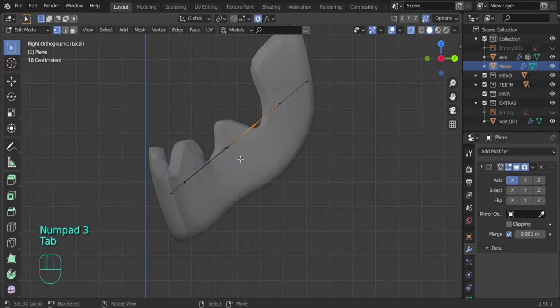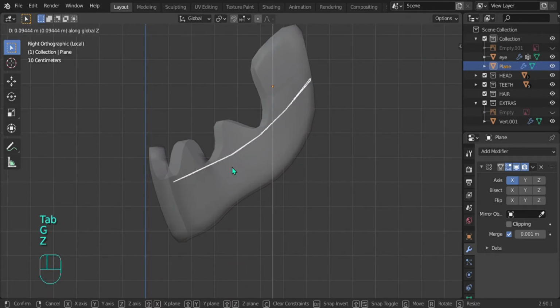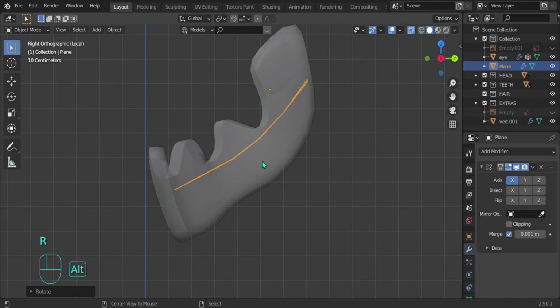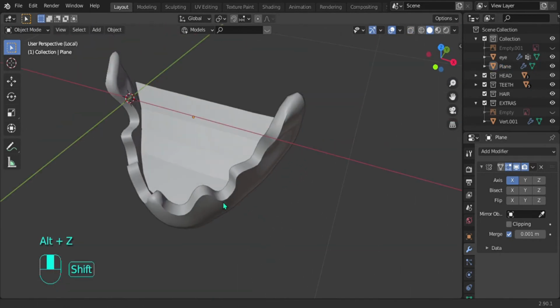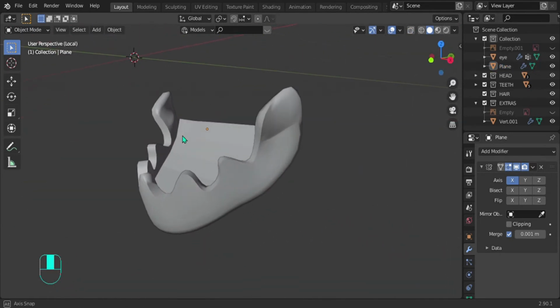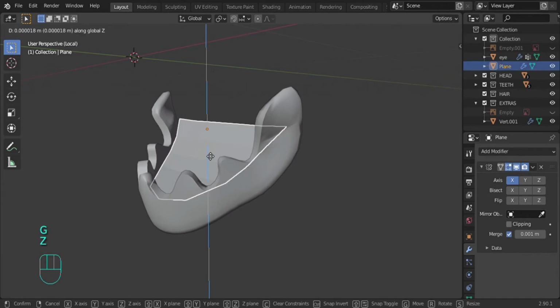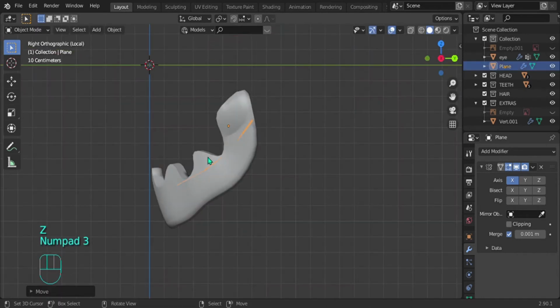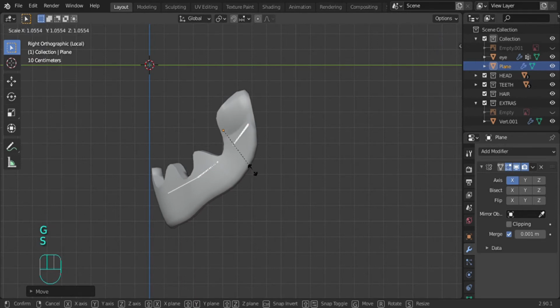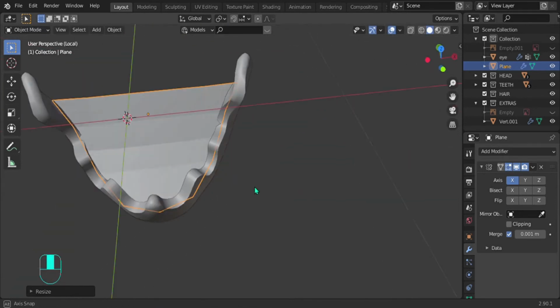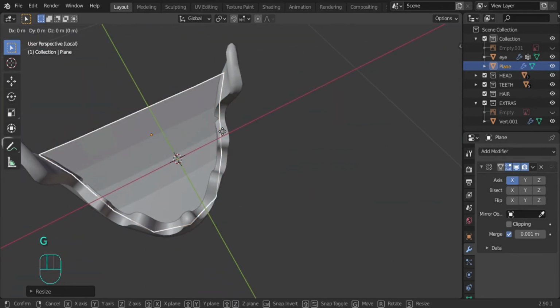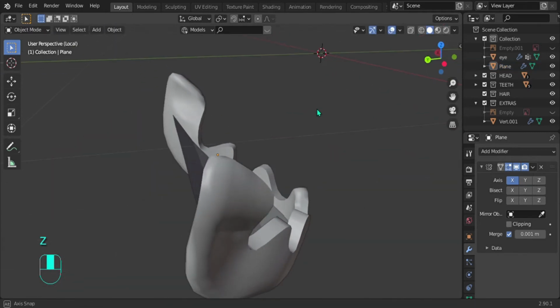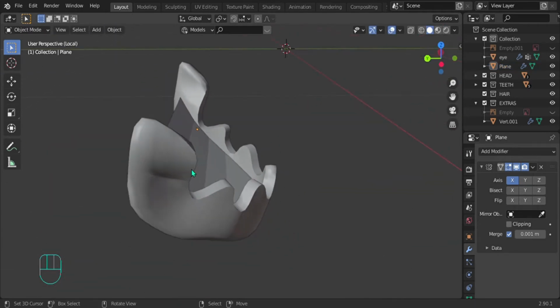To the proportional editing, let's give it a bit of a curve, something like that. Let's bring it back up like that. Let's bring it down a little bit. There we go. This is going to be the inside of the mouth basically, so it doesn't really need to